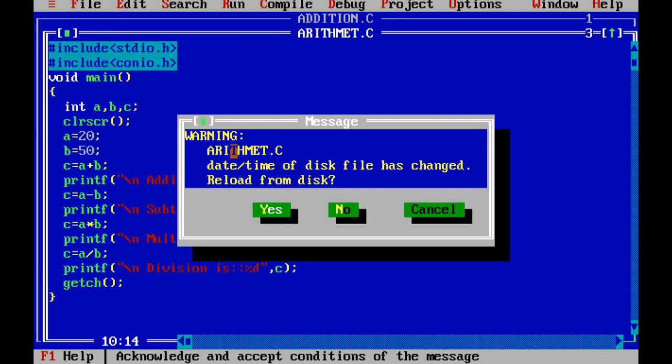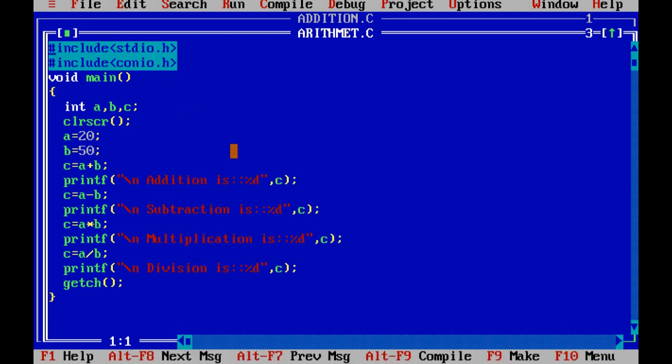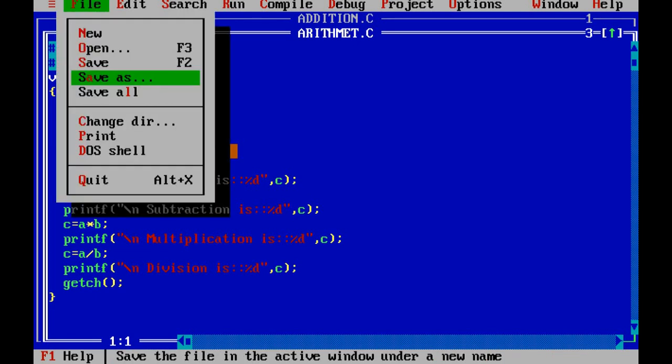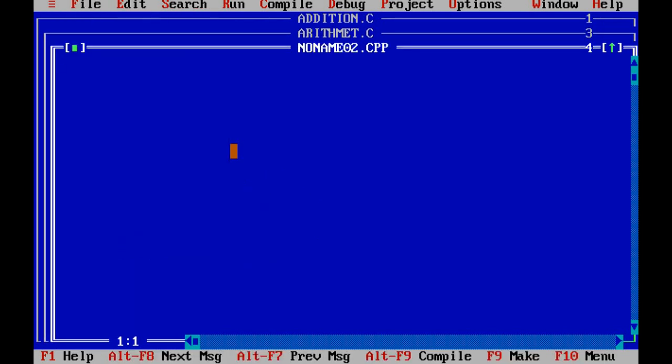So next I will take the next example. Calculate the area of circle. Okay, or find out the area of circle.